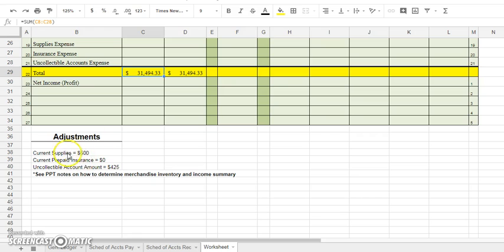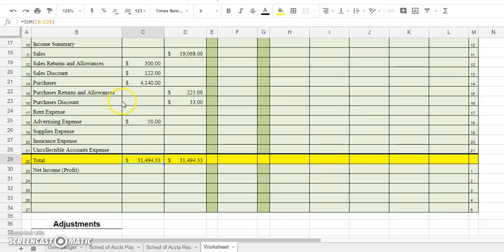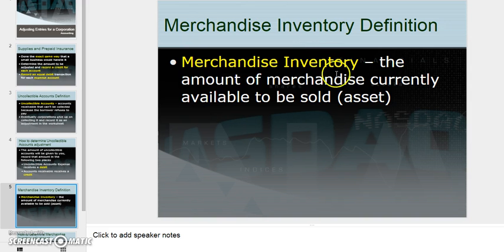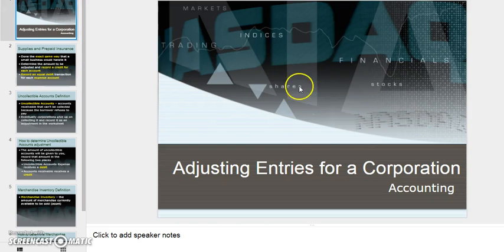So for instance, supplies and prepaid insurance, both of those should sound familiar. But there's also a couple of adjustments that are specific to just corporations. And one of them is the uncollectible accounts. And then finally, this thing called merchandise inventory and income summary. And I have put how to do these adjustments on the document that I mentioned earlier,